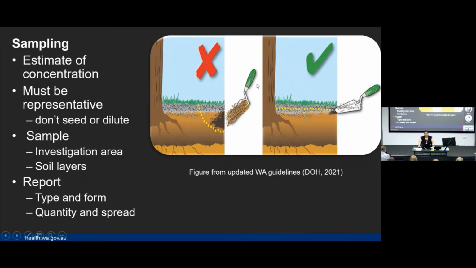When you do report on the contamination that you find, make sure that you report the type of contamination and the form that it takes, so it's bonded, friable, etc. Also the overall quantity and spread. Even if you're not doing bucket sampling, if you're just doing surface assessments and there are isolated or sporadic fragments, the description that you give us should give us some idea of the quantity and spread. It doesn't necessarily have to be a percent weight by weight calculation if it's not relevant, if the contamination is too low. But giving us a picture of the spread of the contamination and the overall quantity is great,